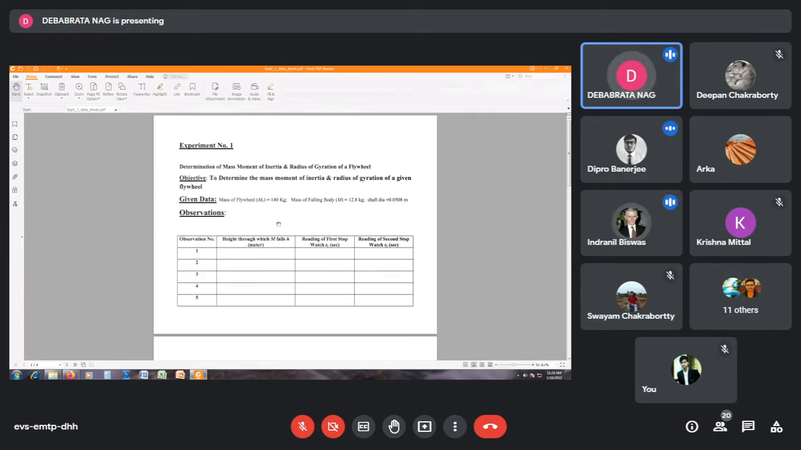আচ্ছা, এটা তোমার ডেটা শিট। এই যে অবজারভেশন, এই দেখো এখানে সমস্ত ডেটাগুলো দেওয়া আছে। মাস অফ দ্য ফ্লাইহুইল কত কেজি, মাস অফ দ্য ফলিং ওয়েট কত কেজি, শ্যাফটের ডায়ামিটার কত মিটার, সমস্ত দেওয়া আছে। এগুলো অ্যাকচুয়াল ডেটা শিট থেকে কপি করা। অবজারভেশনস মানে তুমি অফলাইনেই এক্সপেরিমেন্ট করো অনলাইনেই করো, তোমাকে এই ডেটা দিয়েই করতে হবে।